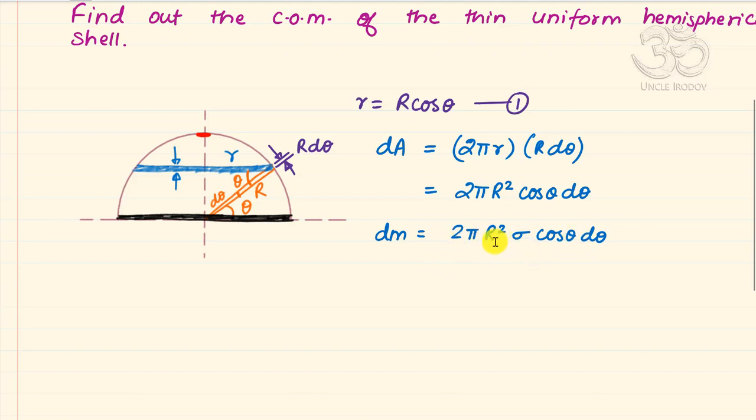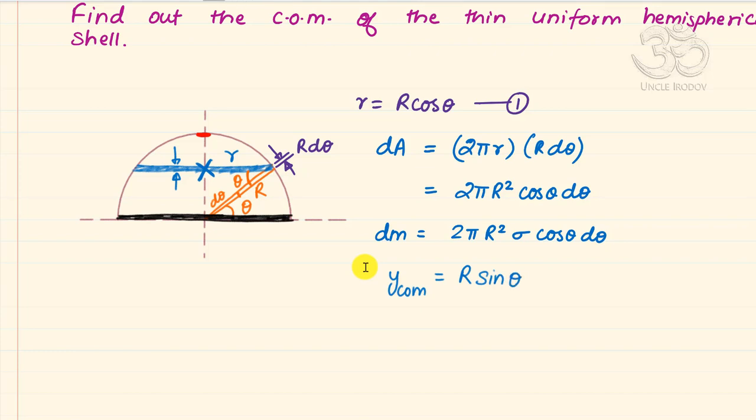But what do I integrate? I know now any arbitrary ring's mass. Now after finding out any arbitrary ring's mass, I need to find out its center of mass. For the blue ring that I have taken here, I know that the center of mass will be exactly at the center, that cross there. And I know that it will have only a y coordinate, and for the hemispherical surface also I am looking only for a y coordinate. So maybe y center of mass is exactly what I need. For this blue colored ring, y center of mass is going to be big R sine theta.